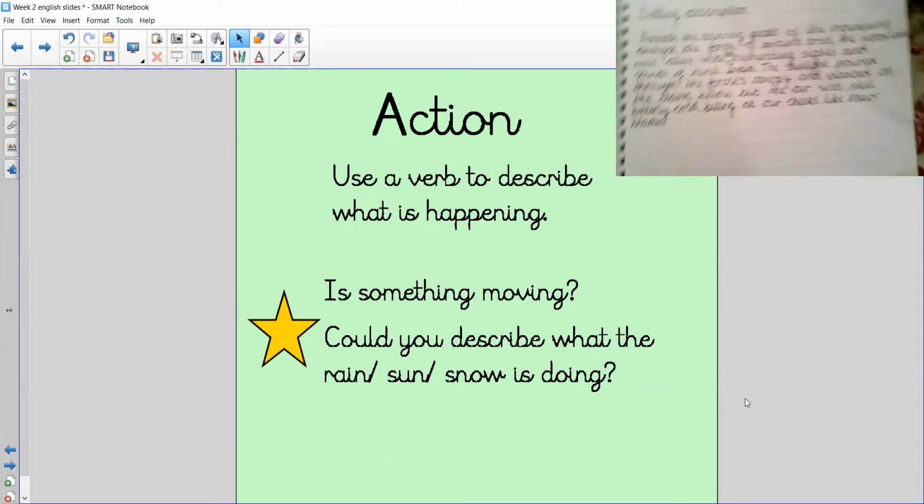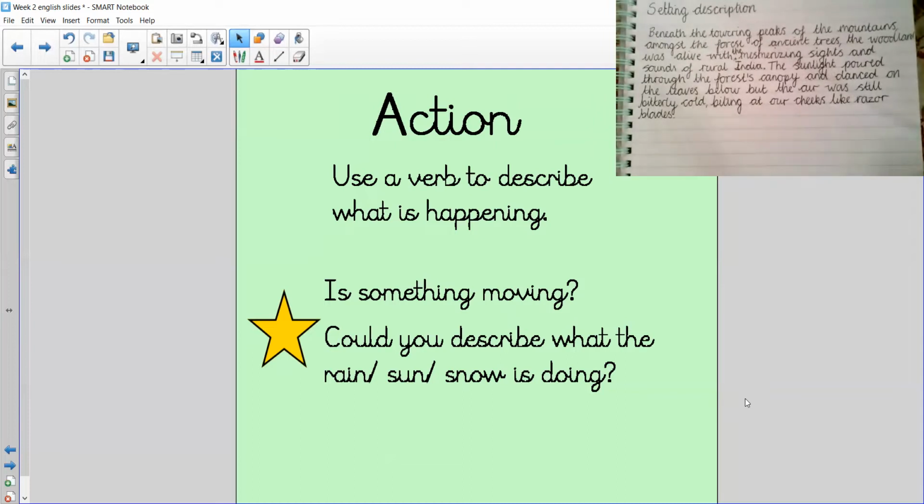Can you have a go now at describing an action then in your story? Now, I think it would be a good idea if you want to follow my structure, you could do it about the weather. So it might be about the wind, the rain, the sunlight, the snow. Okay, I think that would be quite a good idea. That way, we're still talking quite generally about our setting. We're not getting too specific yet. Pause the video now and have a go at your sentence.